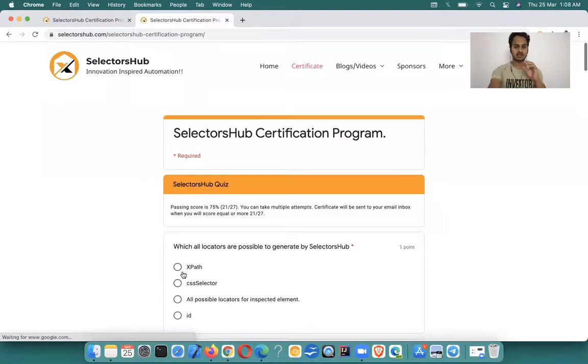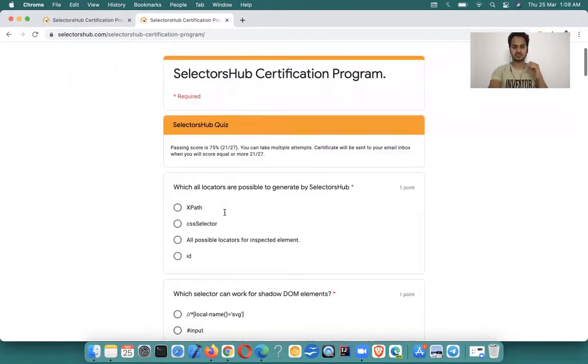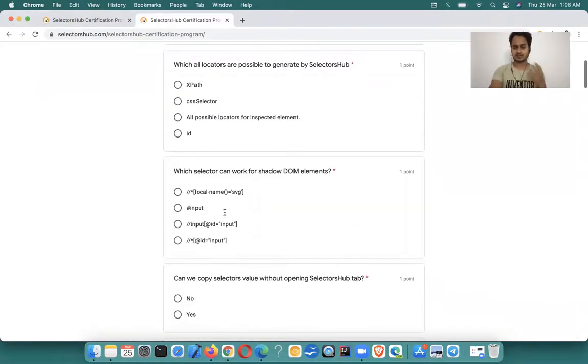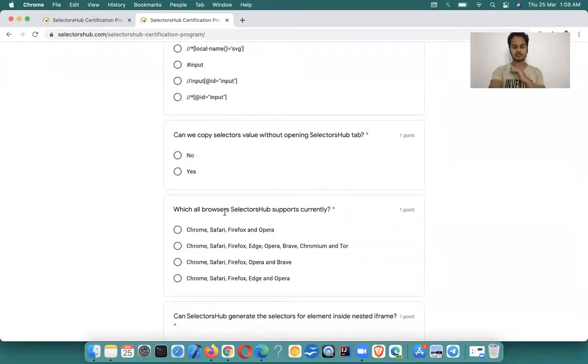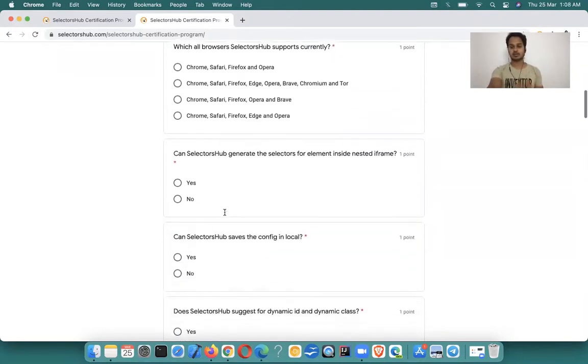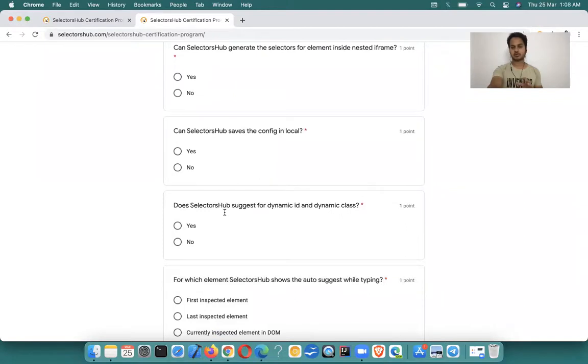You will see that here you get all the information and all the questions, really tricky questions and really good fundamental concepts. Trust me, you will learn a lot. So far, it's been 2 days and more than 300 people have already taken this quiz and the certification. And I'm sure you must have read about how good this certification program is.